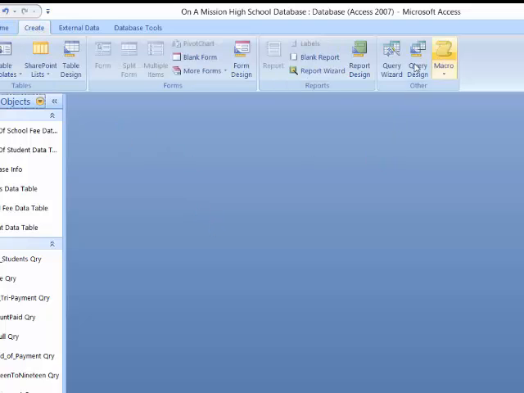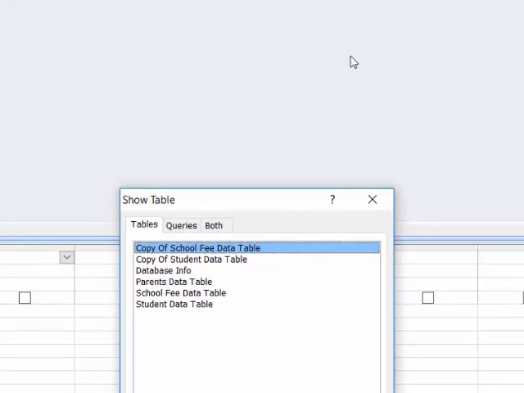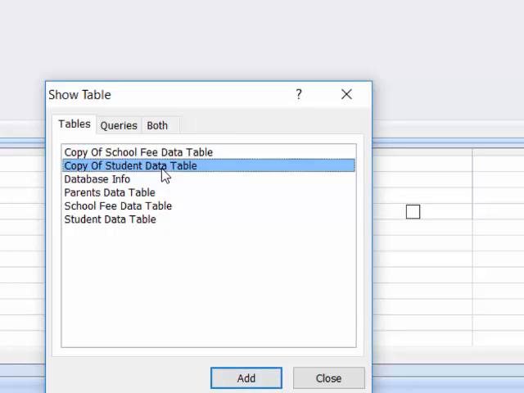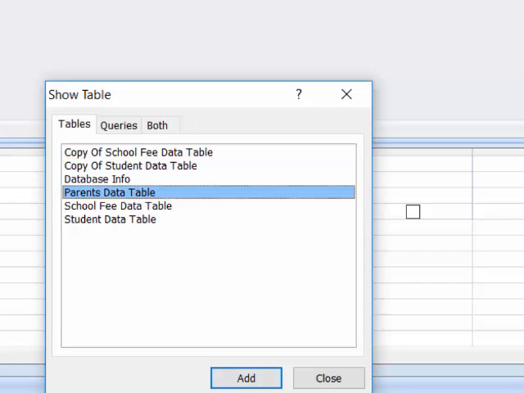Create, query design, and we want to select the tables that were updated in doing our report. Remember, we had to update our school fee table in terms of the amount of interest that we were given to students who paid in full. So the best table to use here is a copy of our school fee data. And I'm going to use copy of student data, and I'm going to use my parents data table,